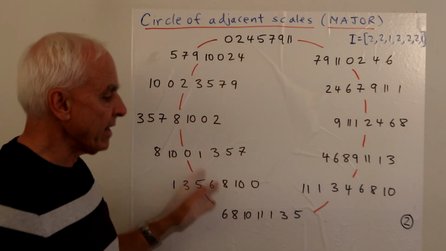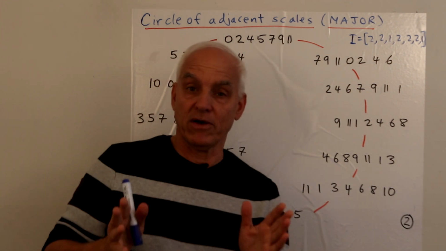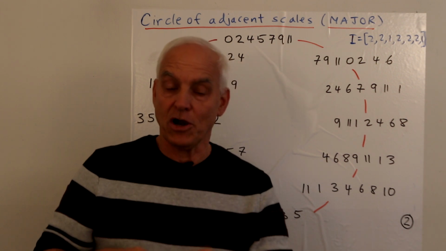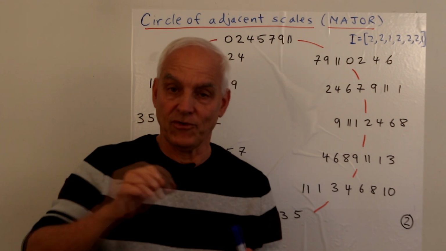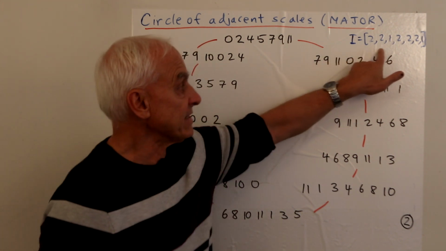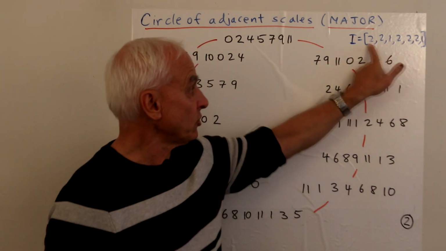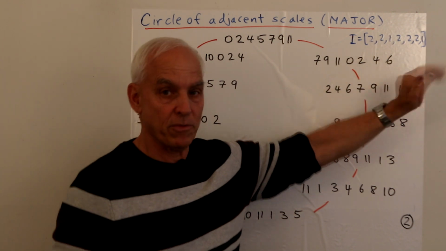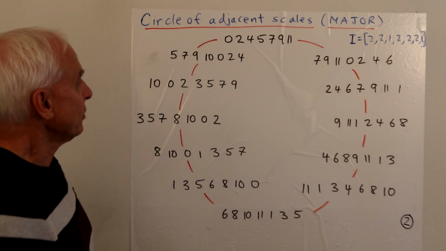So what's represented here are the 12 various scales, starting on our 12 different tones, 0, 1, 2, up to 11. And throughout, here's our basic interval sequence for a major scale, 2, 2, 1, 2, 2, 2, 1, which I hope you've all learnt.